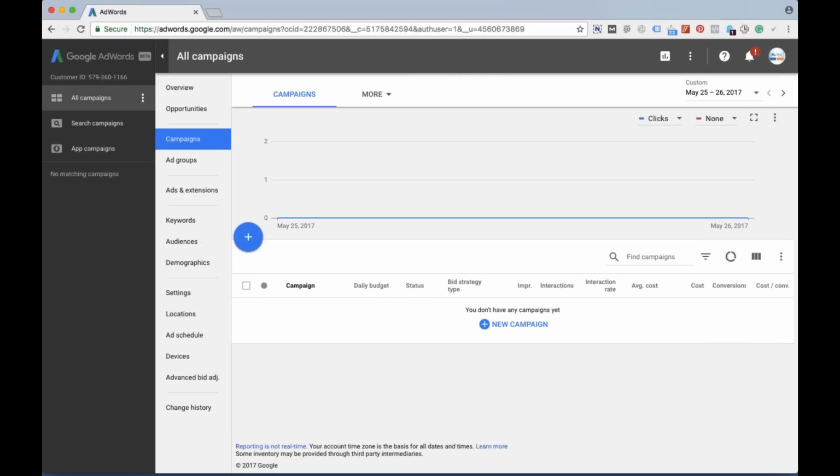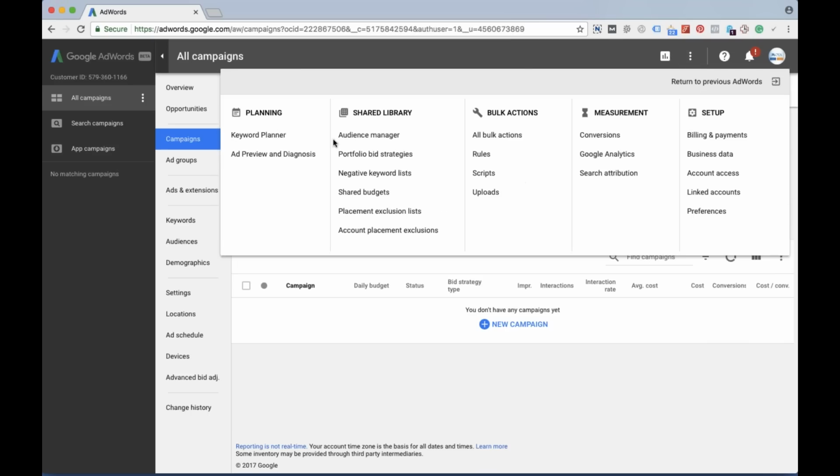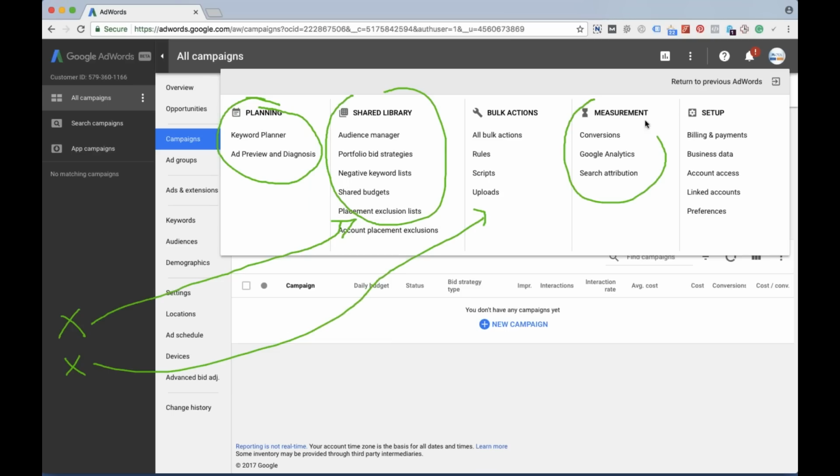And also, about the different tools, you can see many options which were available on the top, in the form of tools, have all been moved. This was a menu actually. Under tools, it has now moved under planning. Then the shared library from the left side has moved here. In the same way, bulk actions has also moved here. And if you remember, measurement, that is conversions, was available on the top in the form of tools. Now that has also changed. And as we know, setup and billing was there under settings only. Now it has been organized in a proper way.